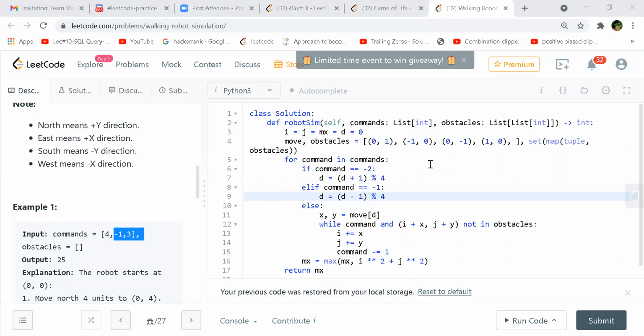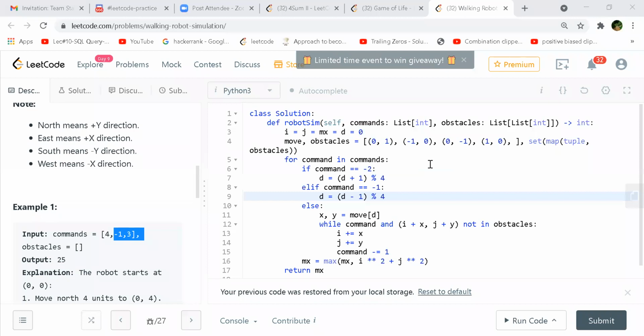Therefore, on line 6, when you get a command of -2, it means you want to turn left 90 degrees. If you want to turn left 90 degrees, you just follow this d plus 1 always, so you will always go in the forward direction in the move array.